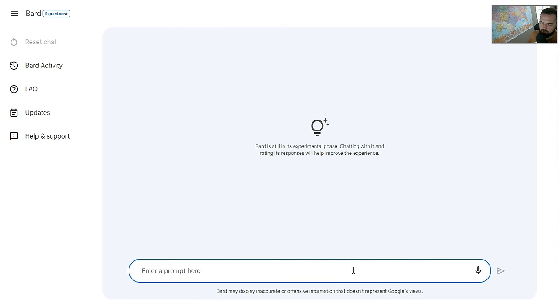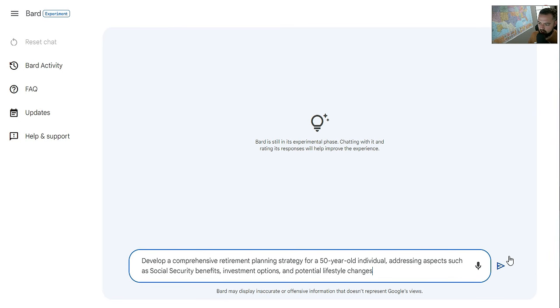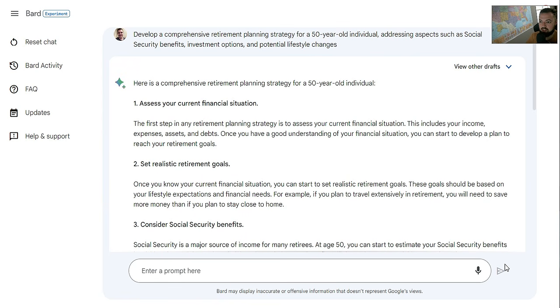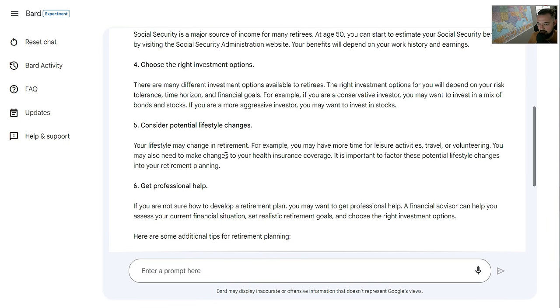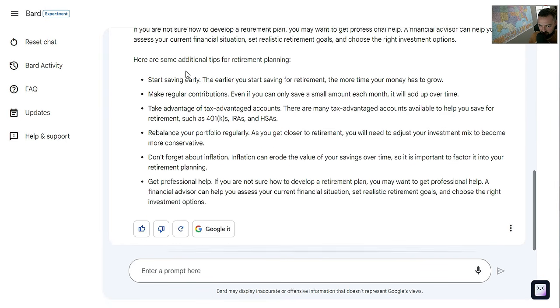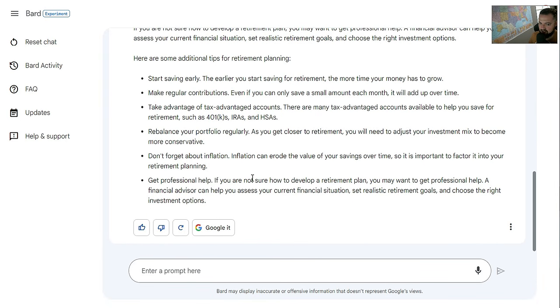Okay, so in this next one, we're going to have it develop a comprehensive retirement planning strategy for a 50-year-old individual that brings in aspects such as Social Security, investment options, and potential lifestyle changes. It's saying some pretty generic stuff off the bat, just providing some general information, saying get professional help. Pretty balanced answer overall, nothing crazy here, and one thing I'm going to do to spice this up is I'm just going to say,